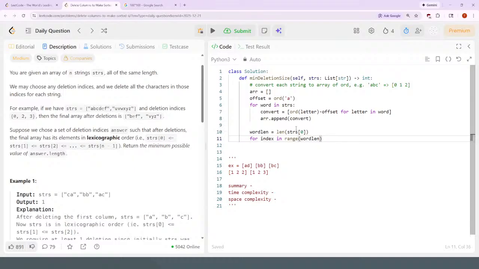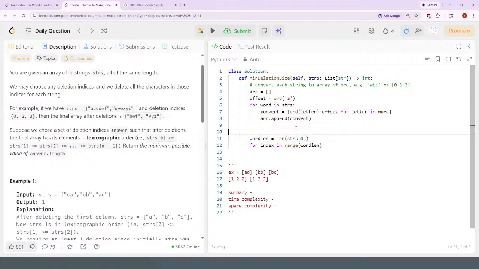And let's say num words is going to be the length of strings. So for every index in range word length, no, I guess am